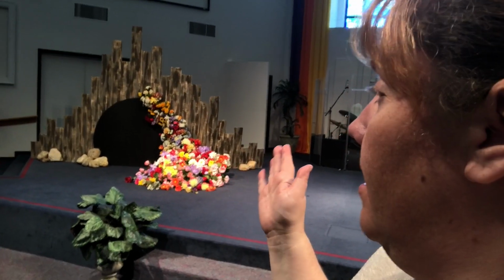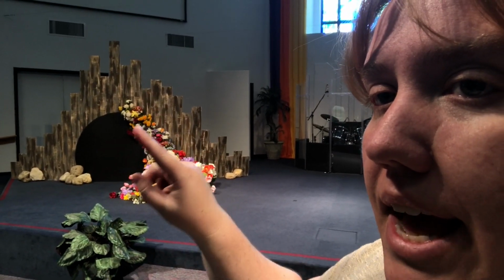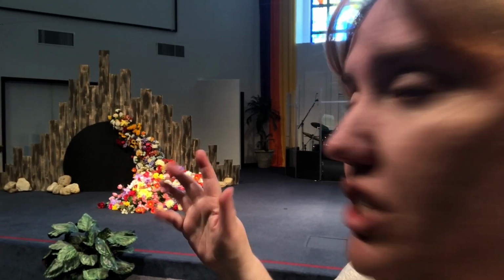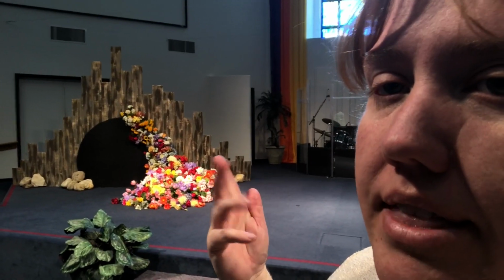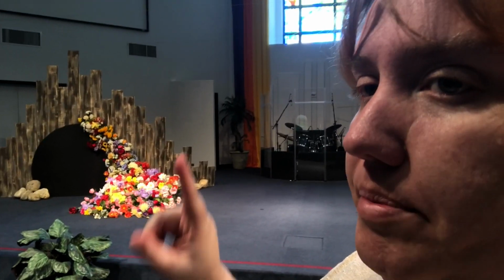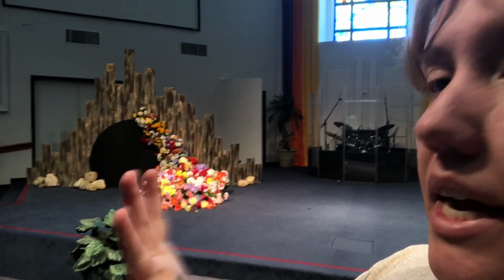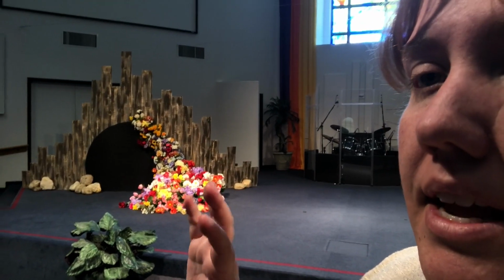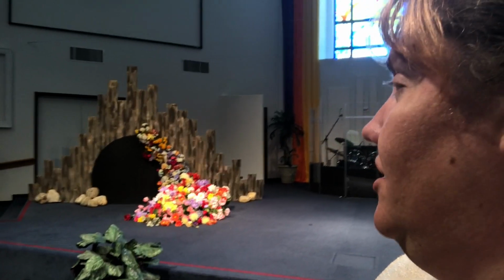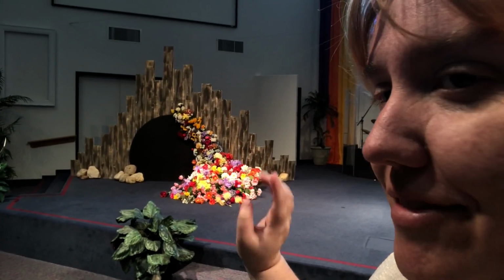So we have the empty tomb here. We made this black thing out of coroplast, and then just like the crosses we had yesterday and the city and the palms, they were all made out of this black coroplast right here. And we just stuck it to the wood. So it's flat and it just stuck. It looks like it's an empty hole, but it's actually just that. And it looks better on camera than it does in real life. Anyway,